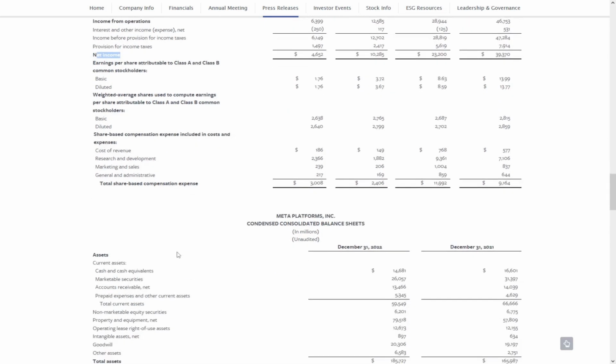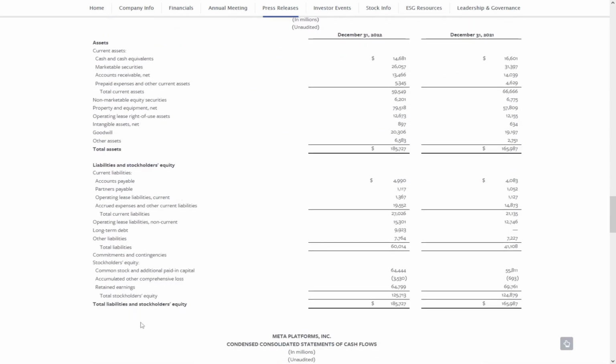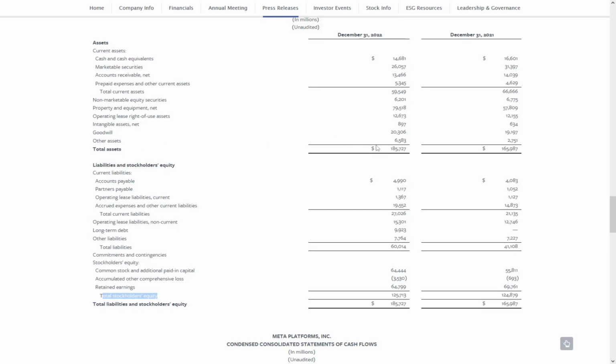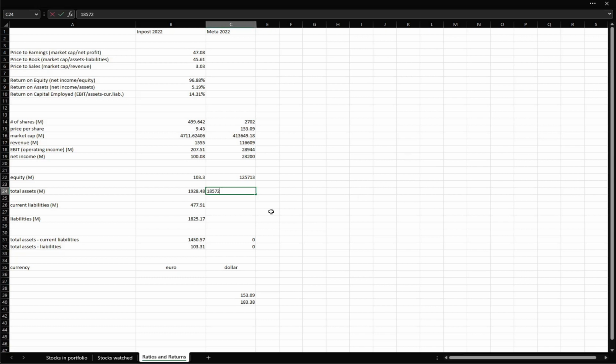Equity will be on balance sheet. And now we've got total stockholders' equity. That's this number for a year ending December 2022. That's 125,713. Total assets, and that's this number here. 185,727. And then, as you can see, Excel formula calculated the difference between